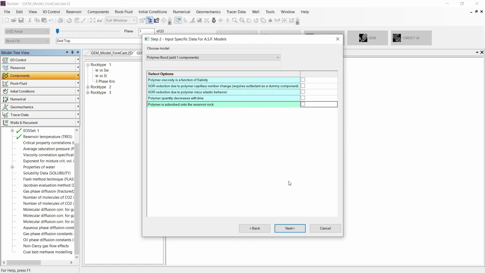However, to show all the effects, I will be including one by one, starting with the polymer viscosity as a function of salinity. Then I need to input the initial reservoir water salinity that will be equal to 50,000 ppm